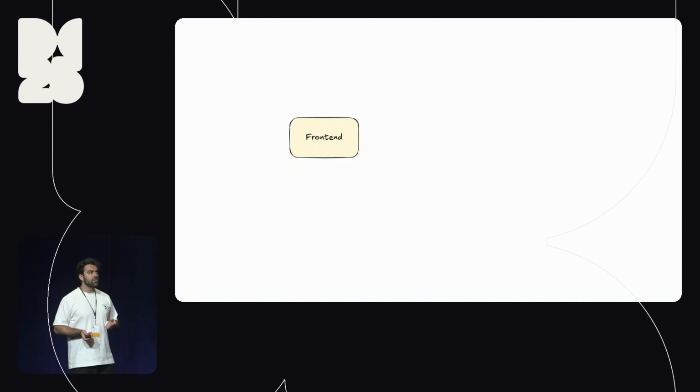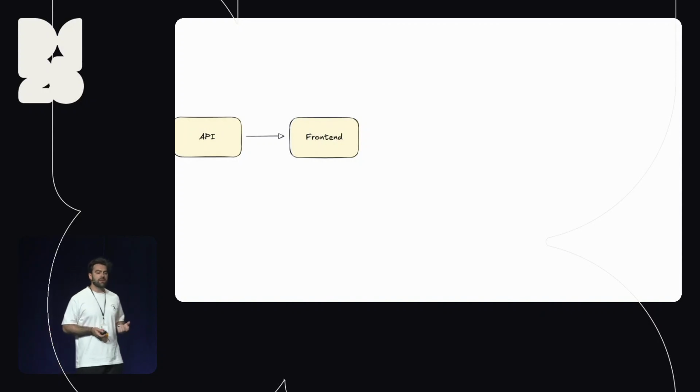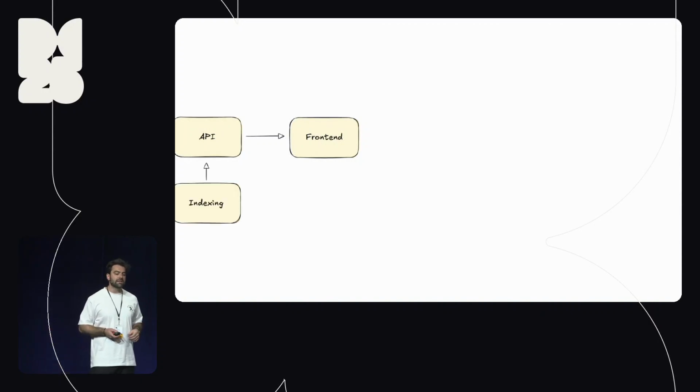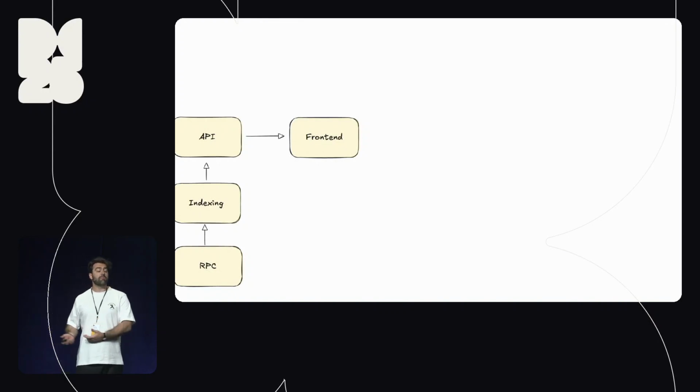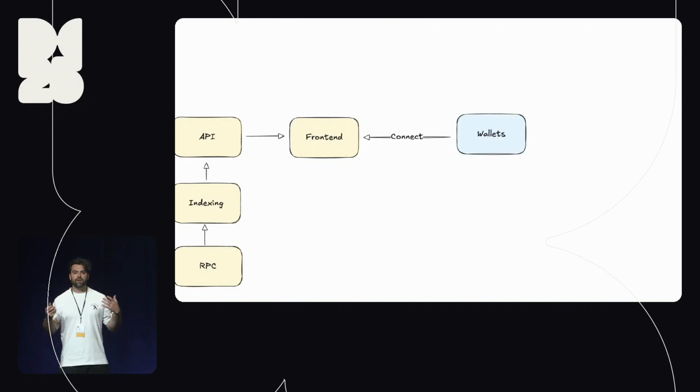And in the development lifecycle, when you're building as a developer, you build out your front end, and there's a good chance you end up having an API. This is due to the fact you might need indexing services propped up. In doing so, you're doing your indexing, maybe through Ponder, which is a little bit easier, or you're just doing it yourself. And you have this connection where you know a lot about both the app you're building and the users coming to your website, right? They connect via wallet. You know who they are. You might be fetching the balance to help progress the state of the actual app, progressing them through the user journey.